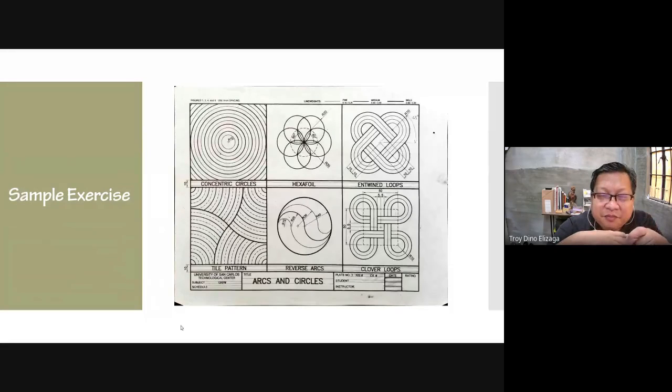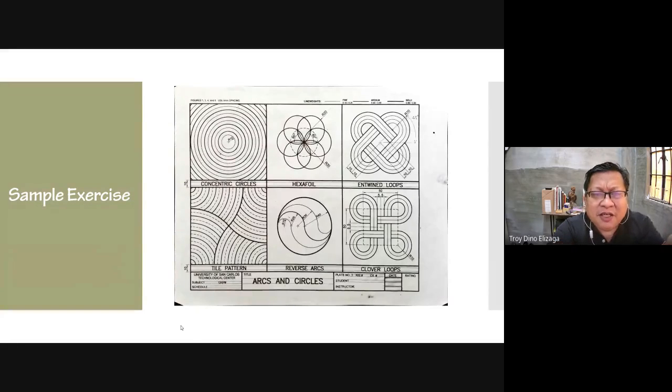I think this is also the exercise that some of the other classes are doing right now. When I was looking at this, it is very good because this is a practice for control. You should be able to control the compass, to achieve parallel lines, equal parallel lines, and the hexafoil, which is also like the symbol for life,